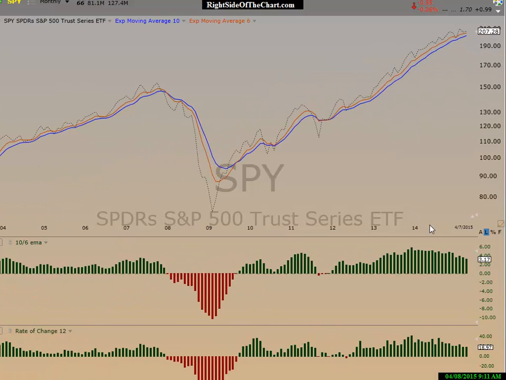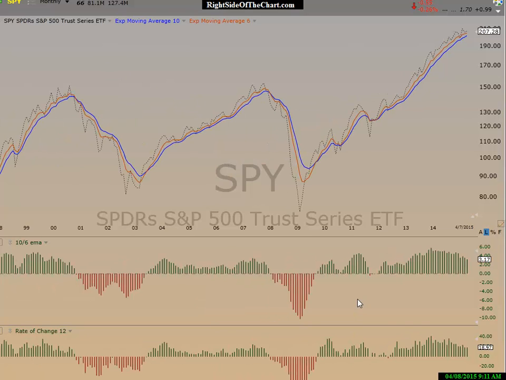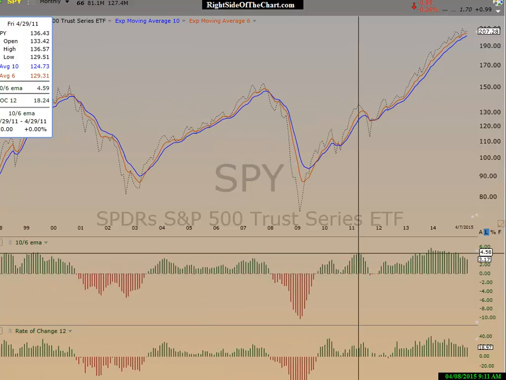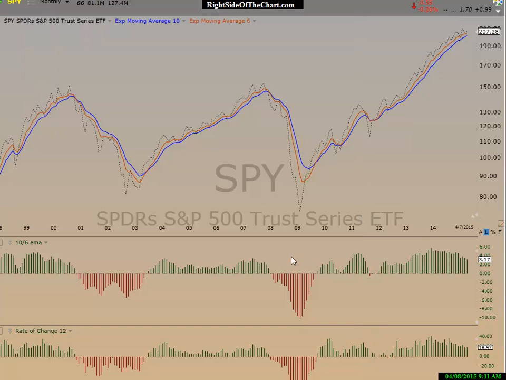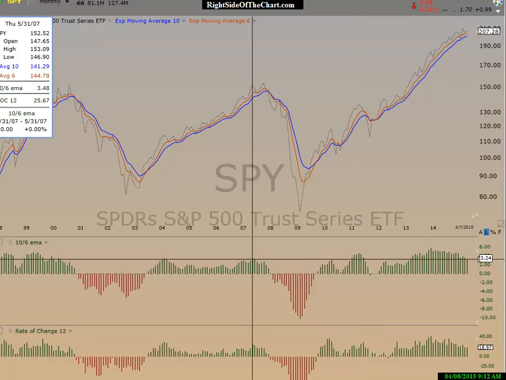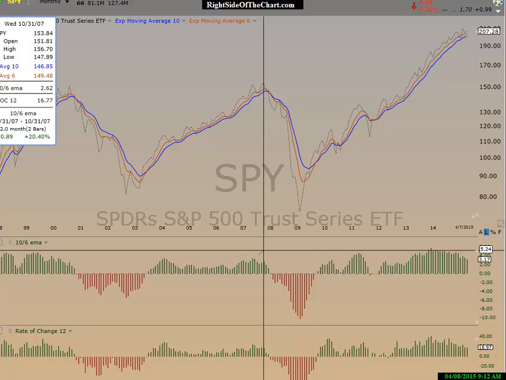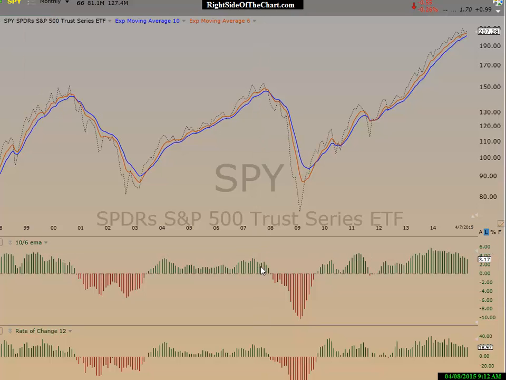We do see, as you notice here, the histogram has been steadily declining, meaning that the momentum in this bull market has been waning. Just as with every other top, you can look at the peak here. It really coincided with the peak of the market. Here's a peak here, market top there. Actually, the market top just slightly after, but we made a divergent top. So, in other words, you get the point that this is declining, and by the time we realize that we're most likely in a bear market,